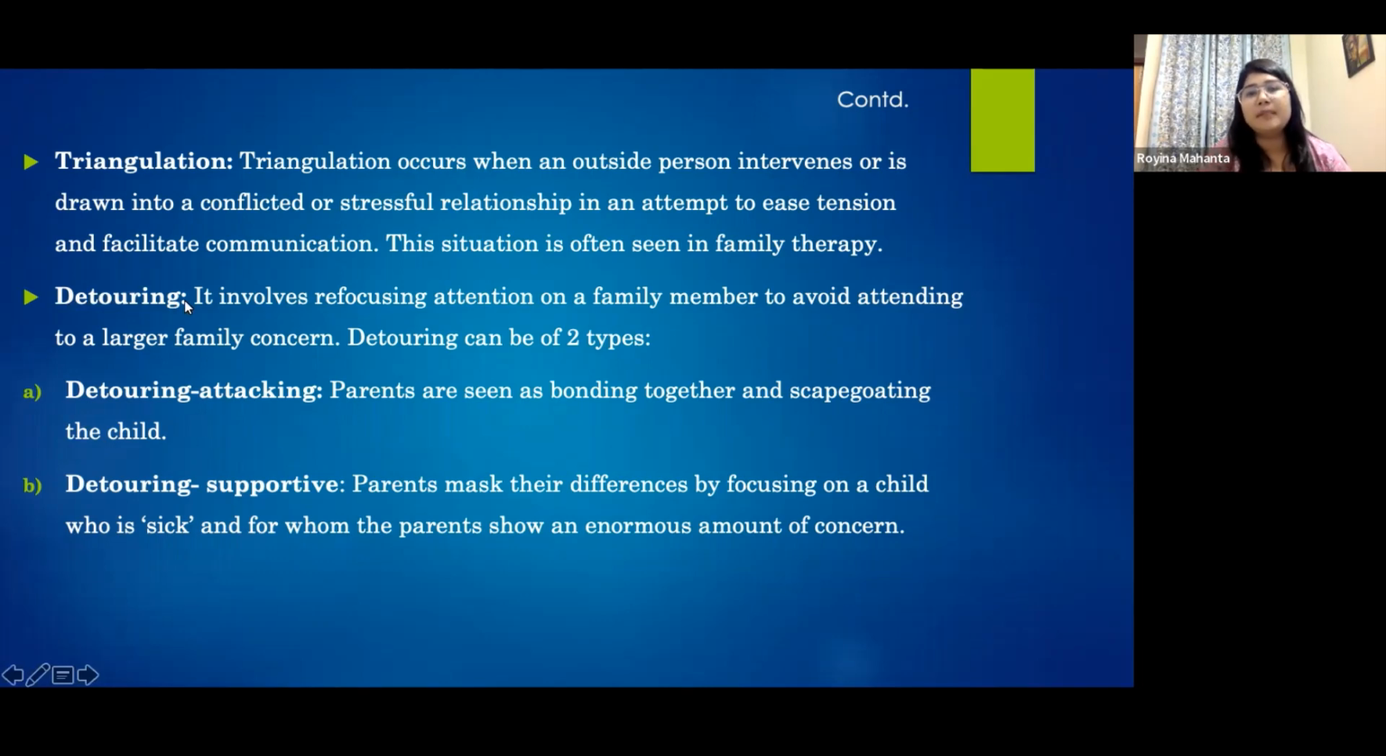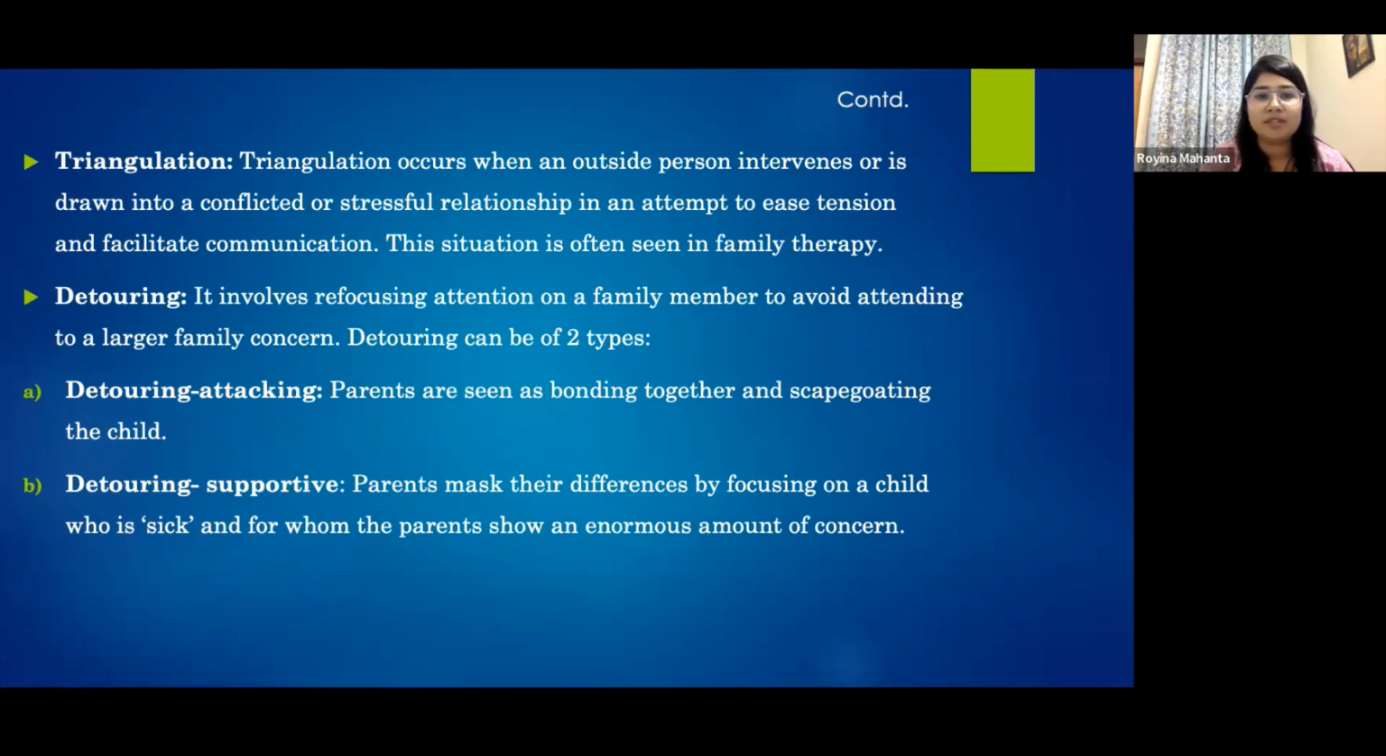So the term detouring means that attention is refocused on a particular family member to avoid attending to a larger family concern. When we talk about detouring, there are two types. One is detouring attacking. In detouring attacking, parents are seen as bonding together and scapegoating the child. The child is attacked as a way of redirecting the focus from the parents' conflict. So when the parents don't want to face the issue that is present between them, they blame the child